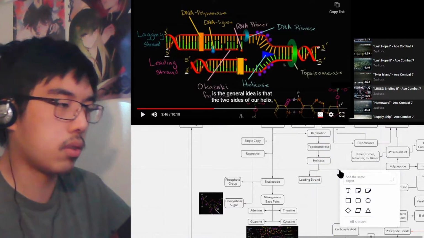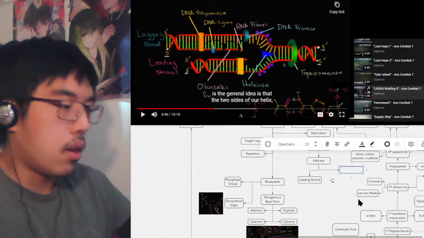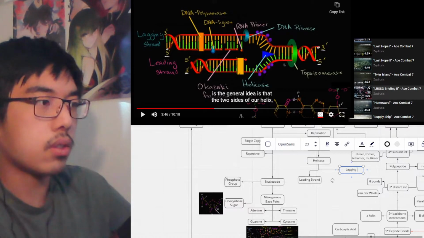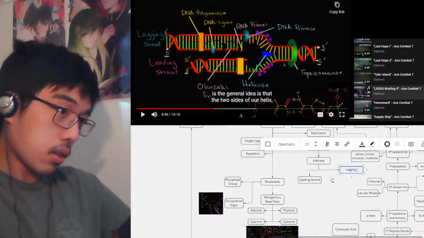And then lagging strand. And then we're going to include Okazaki fragments in the lagging strand because DNA polymerase can only go in a